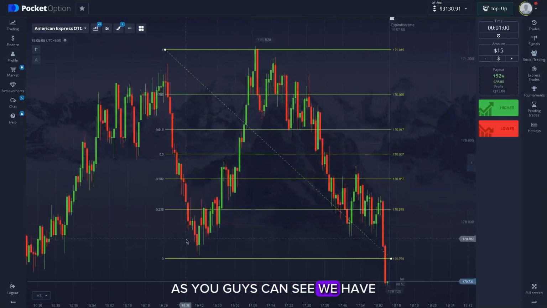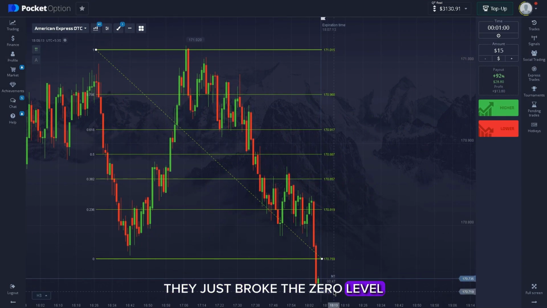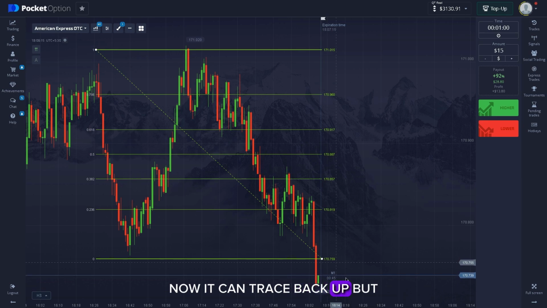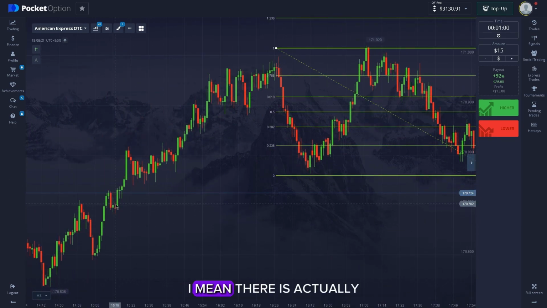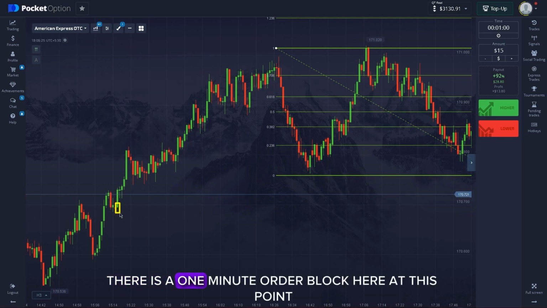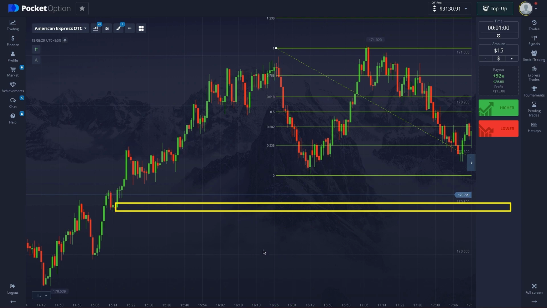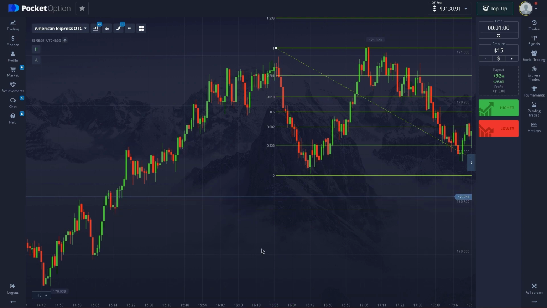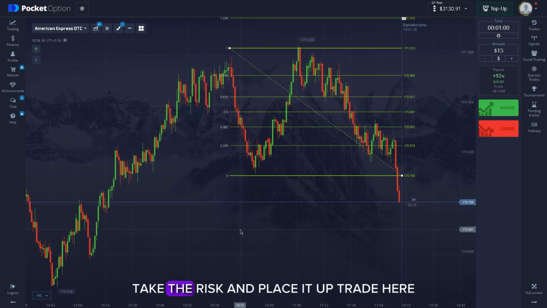As you guys can see, we just broke the zero level. Now it can retrace back up, but there is no level in here. I mean, there is actually. There is a 1 minute order block here at this point. But I don't wanna take the risk and place a up trade here,